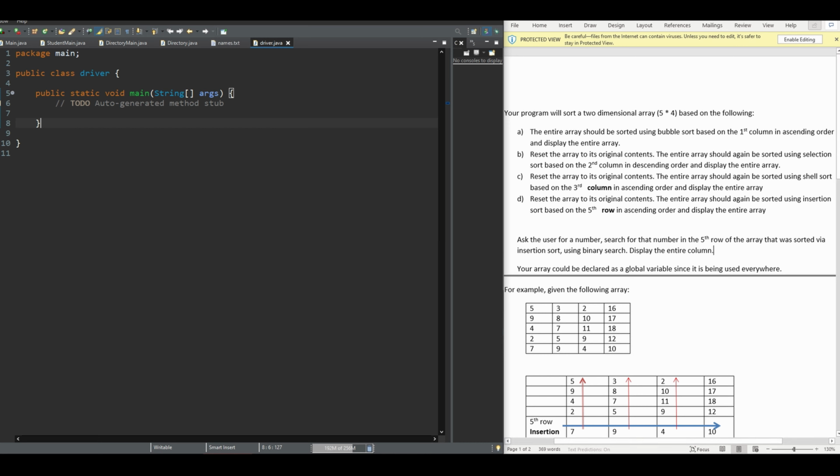For this program, we will need to sort a two-dimensional array. This is going to be a 5x4 array, and it is based on the following. Our entire array should be sorted using bubble sort based on the first column in ascending order and display the entire array. We are then going to reset the array to its original contents, and we're going to do the